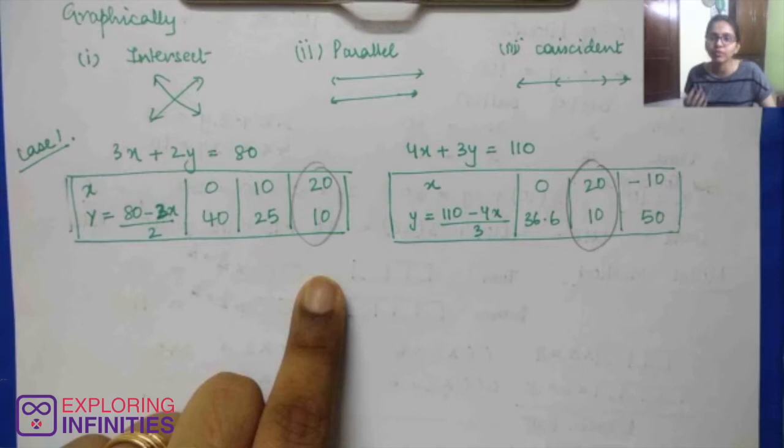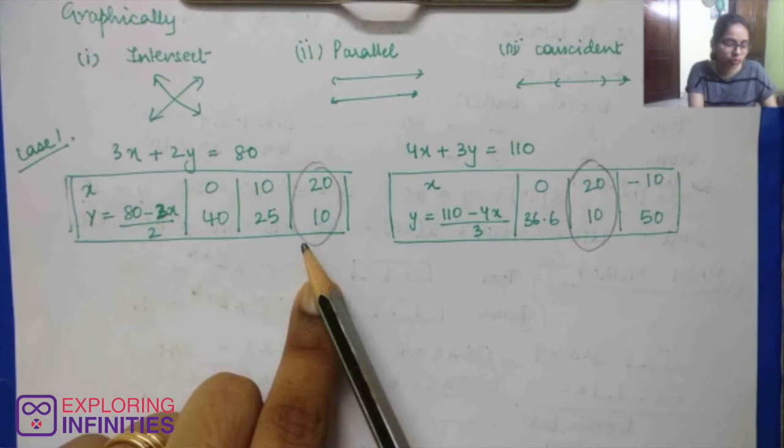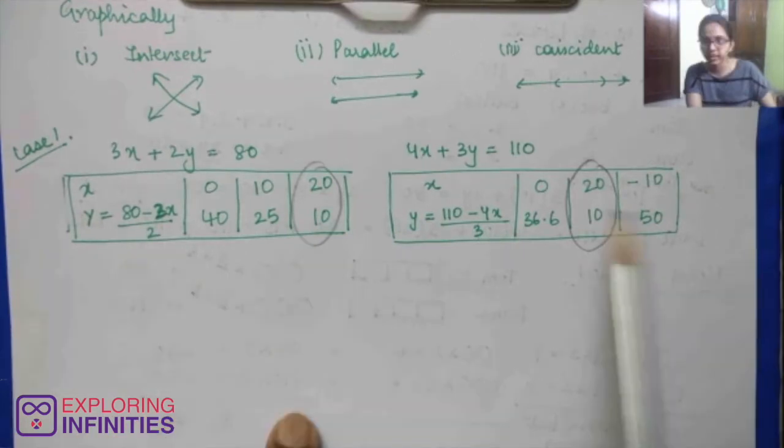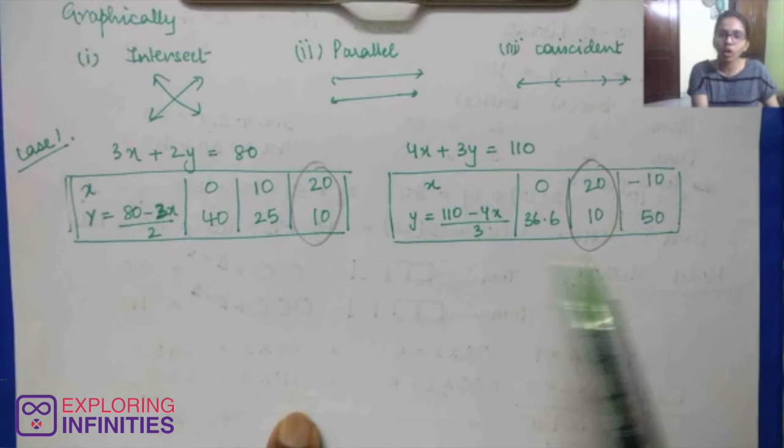So here again we saw that when we tried plotting these two graphs by using these points, these tables, we saw that we have a common point over here. So it means that this particular common point that we get is the solution to our pair of linear equations. If you try plotting your graphs for this pair of linear equations, you'll get somewhat like this. This is my pair of linear equations, 3x plus 2y is equal to 80 and 4x plus 3y is equal to 110. So I plotted them on my graph and I got this as their answer,